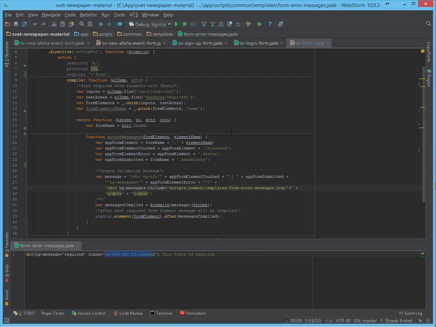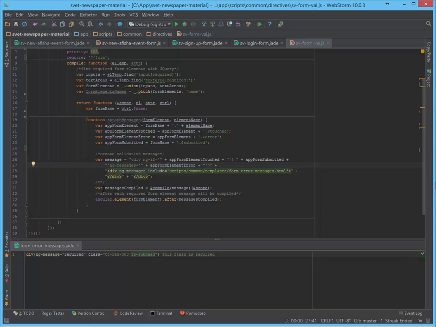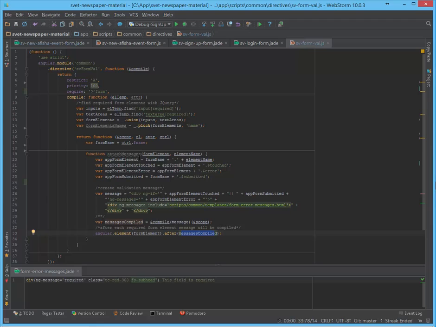And what do we have now? We have the message created and we need to compile it, and it's only two lines. We create a variable messages compiled, and we compile the message and add it to scope. And then we tell it that after each form element, please add messages compiled. So our method is ready, and now we need to apply it to our inputs or form elements. And in order to apply,